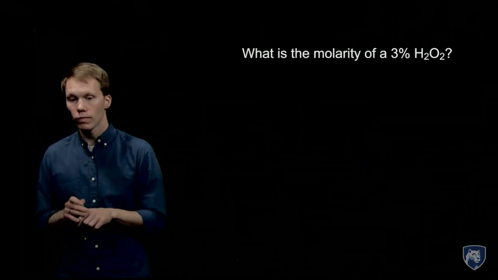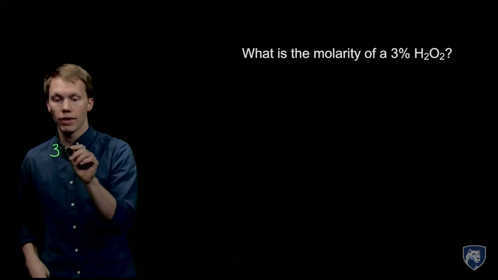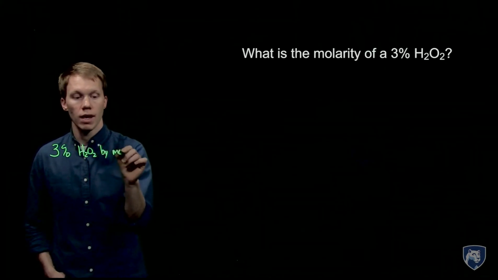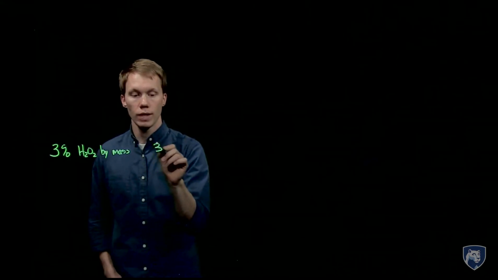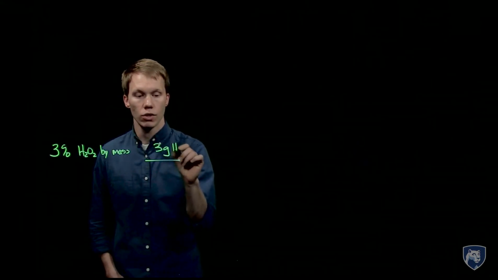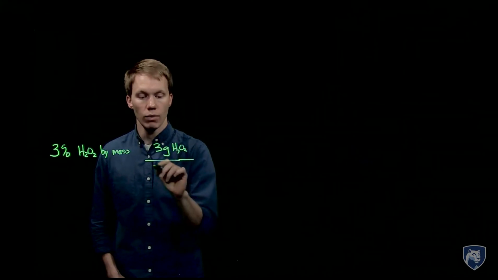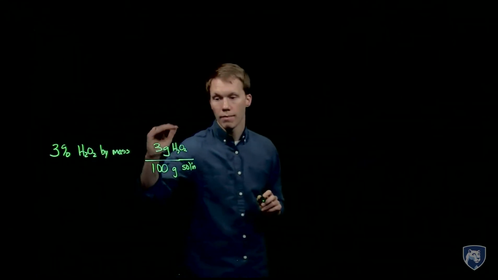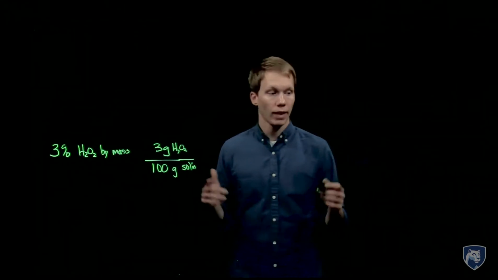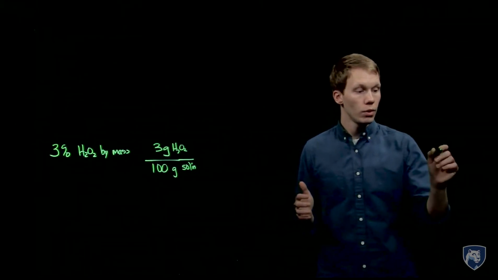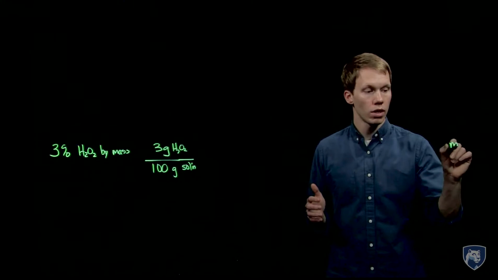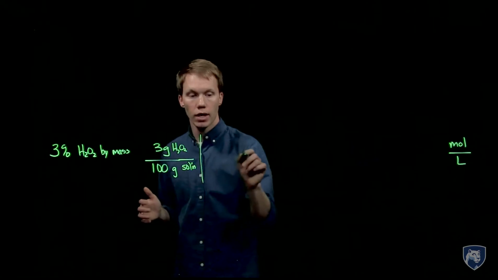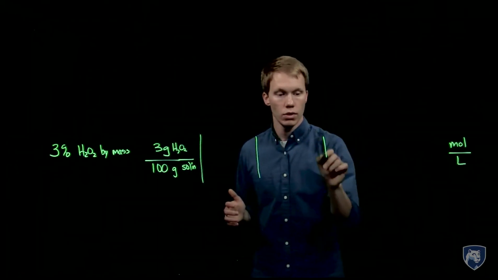So let's set up what we know on this side. We have a 3% hydrogen peroxide by mass. And this is equal to 3 grams of H2O2 in 100 grams of solution. So remember that we're talking mass of solute divided by mass of solution. And then we want to go to a molarity, moles per liter. And we're going to need some number of unit conversions to get there,